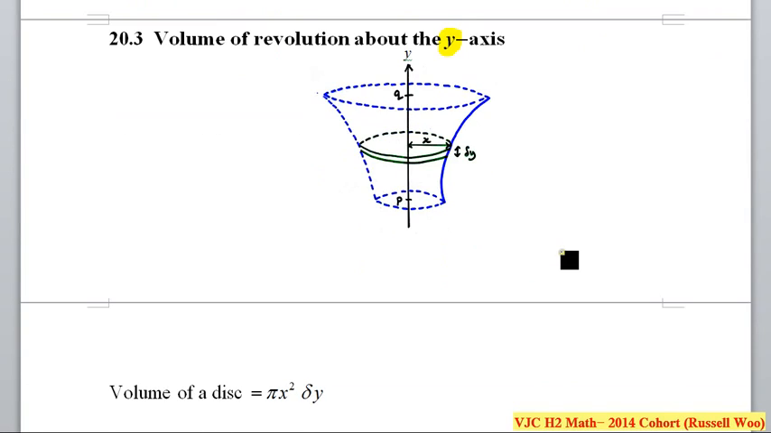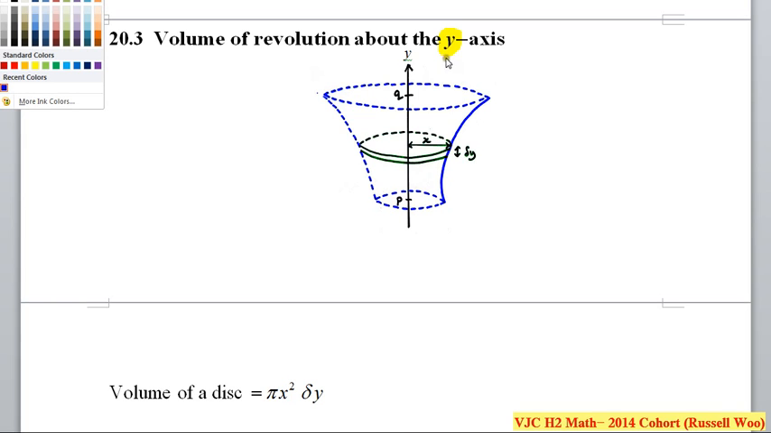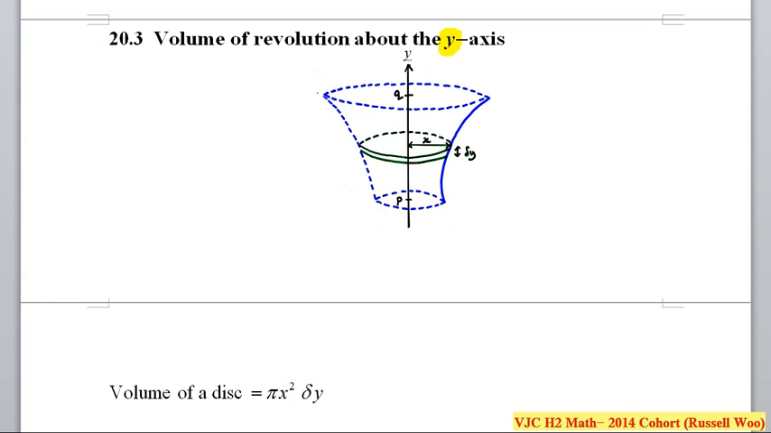Okay, remember just now we talked about volume of revolution about the x-axis. Now we're going to talk about volume of revolution about the y-axis. Just a quick recap: when we talked about volume of revolution about the x-axis, we're talking about the area bounded by the curve and the x-axis,